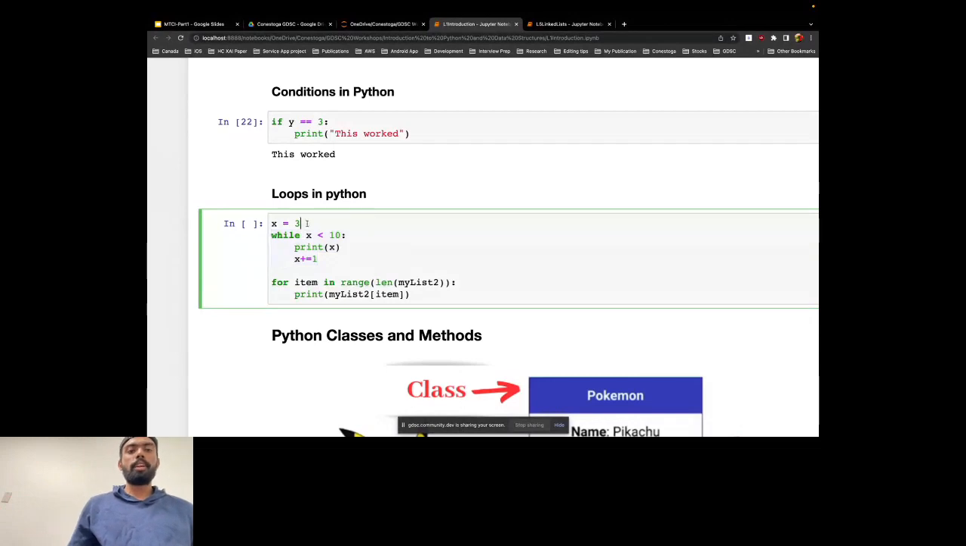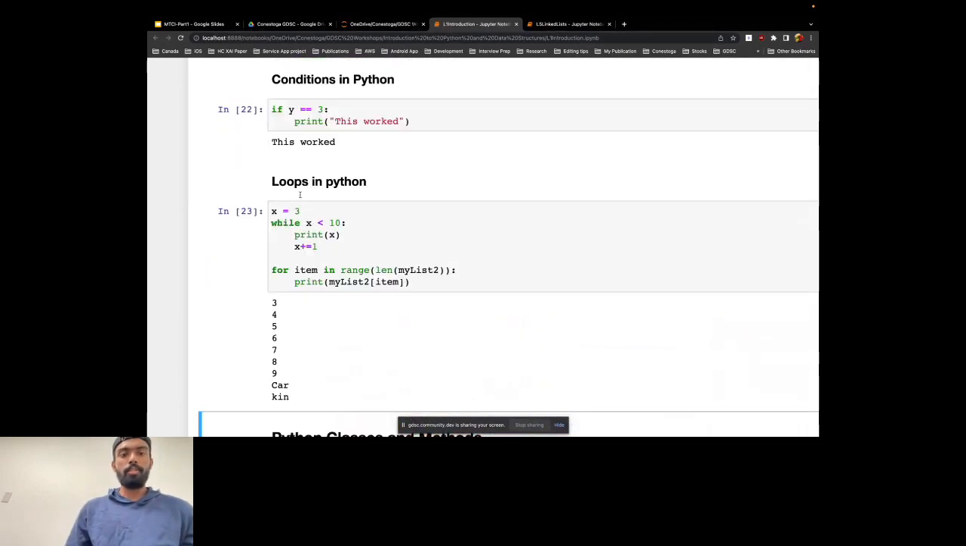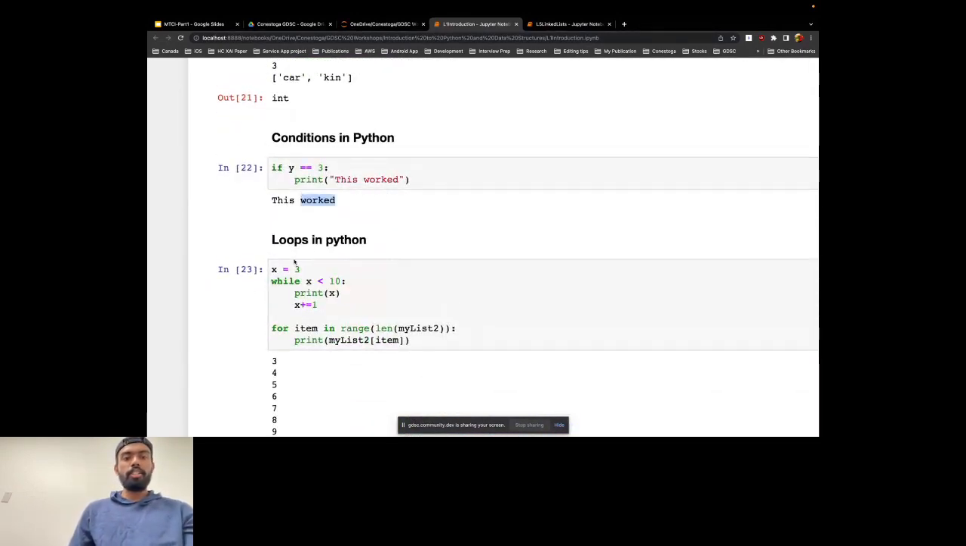So here I'm declaring x is equal to 3, and I'm saying it's while x is less than 10, and increment x by 1 in each iteration. So what happens is in the first iteration x is 3, so it gets printed. In the next iteration I increment 3 by 1, so it becomes 4. And as long as the condition holds, it's going to keep printing. So I can show you. Over here we get it printed, x is 4, 5, 6, 7, 8,